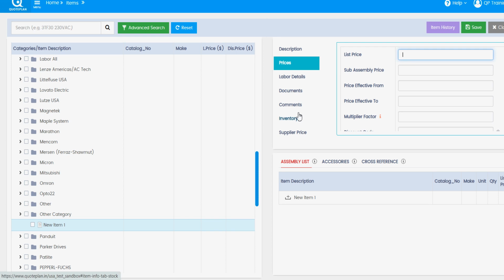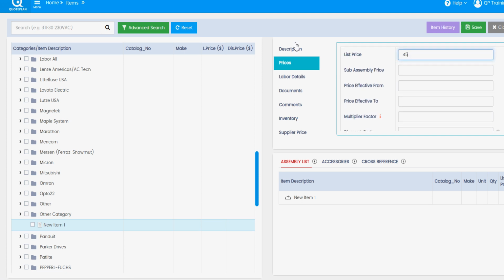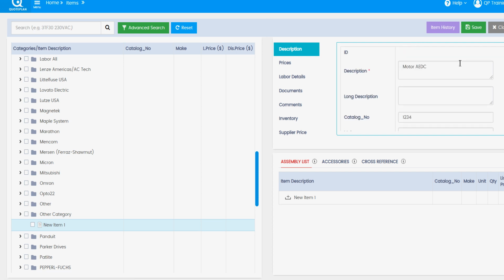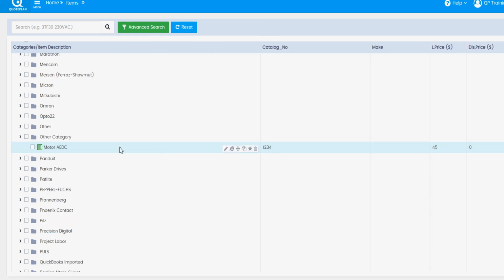As of now, we will insert only mandatory or few important details like list price as 45. In description, we will make this item as preferred and click on save. Generated ID by software is visible on screen. To make any modifications further, user can access icons like edit icon to edit any detail of item,